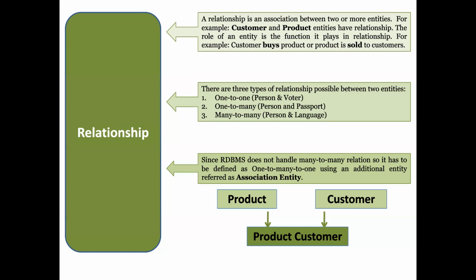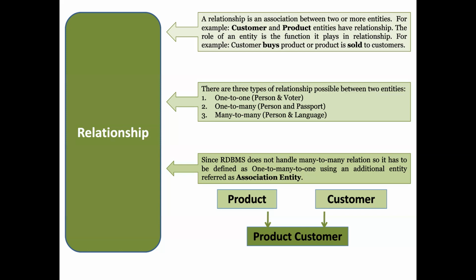Primary key of the parent table will be used as a foreign key in the child table. So that means if I'm having a customer table and a deposit table, I know that one customer, many deposit. That means customer is a parent table, deposit is a child table. So now it is very clear. Whatever is the primary key column of the customer table, whether it is a customer ID or whatever,